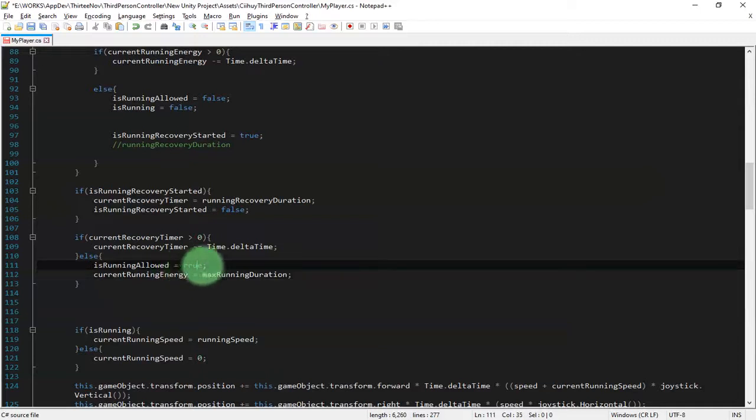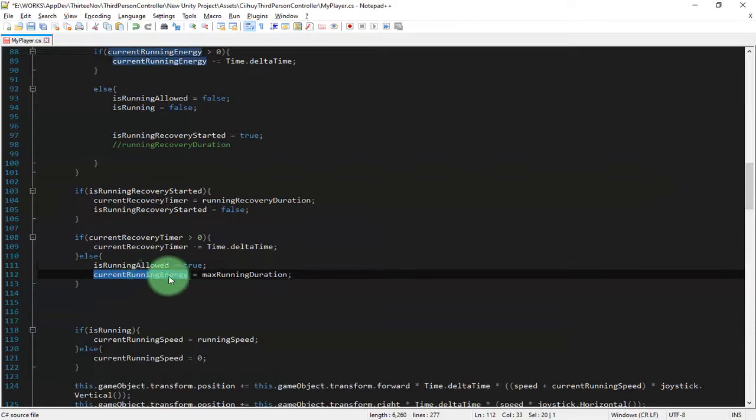We assign the value true to this variable. So current running energy, we set this value to max running duration to current running energy.